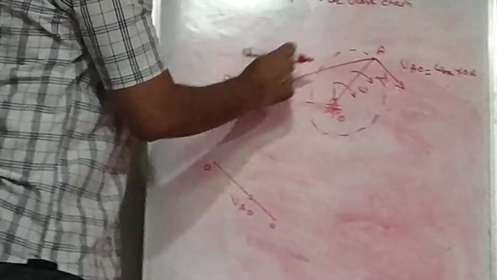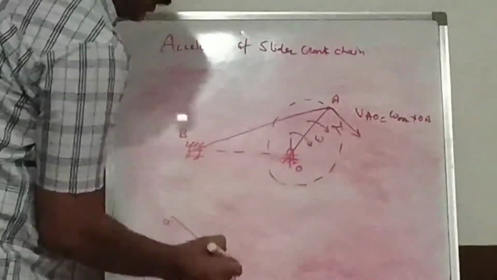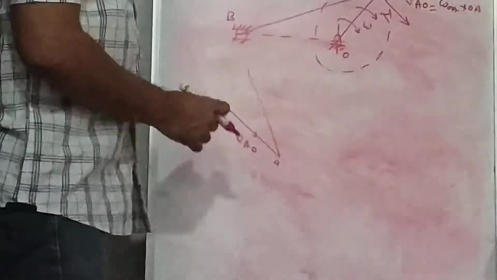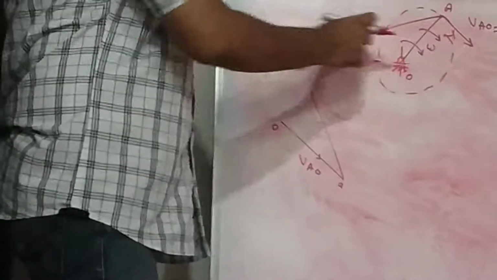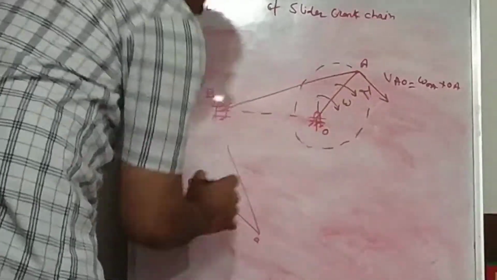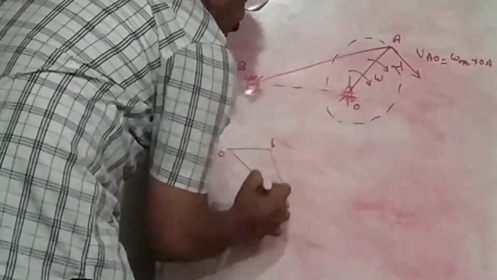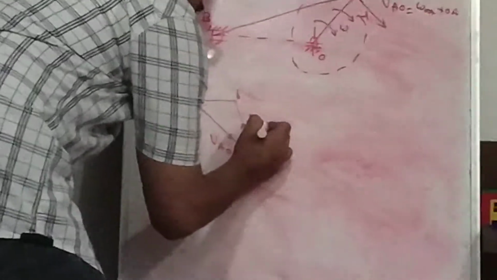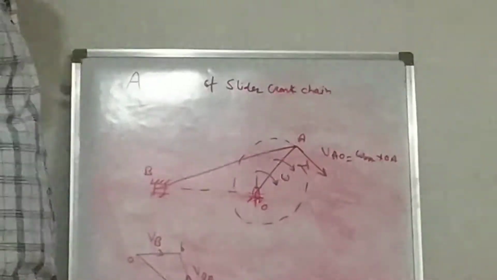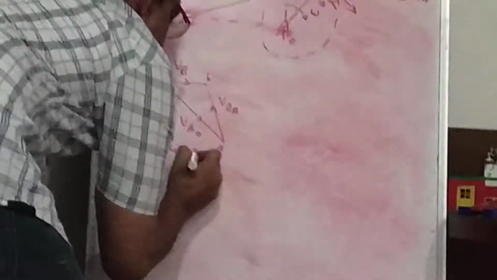Then velocity of B with respect to A. That velocity vector is perpendicular to link AB. So draw that vector from point A. Then velocity of slider B. We know that movement of the slider is along the horizontal direction. So that line of stroke is along the horizontal direction. So draw the horizontal line from point O. The point of intersection of these two vectors is point B. So vector AB represents velocity of B with respect to A, and vector OB represents velocity of slider B. So this is the velocity diagram or velocity polygon.